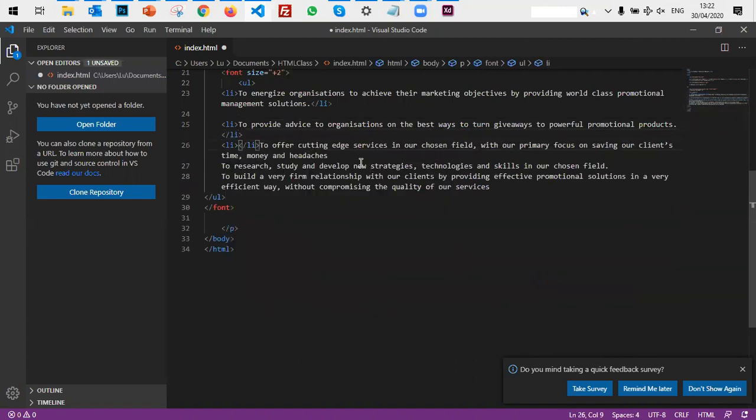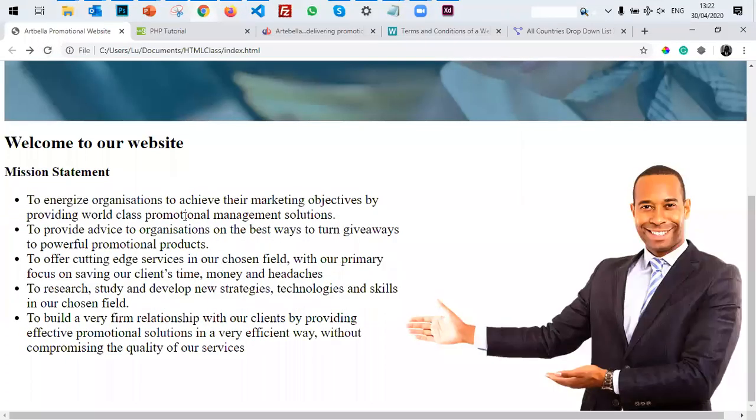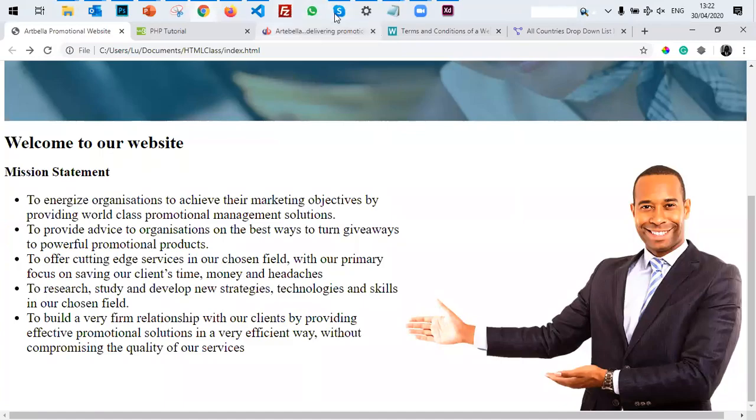This is another one that ends here. This is another one. Another one that ends here. This is another one that ends here. So that way, we've been able to at least replicate something similar to what we have on